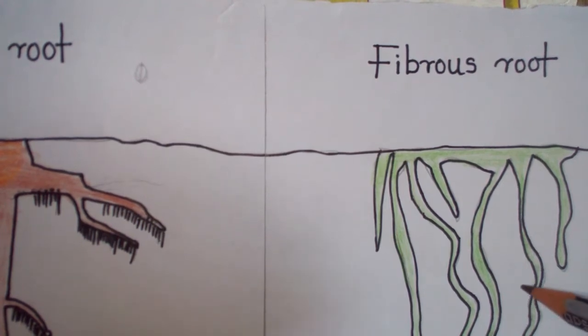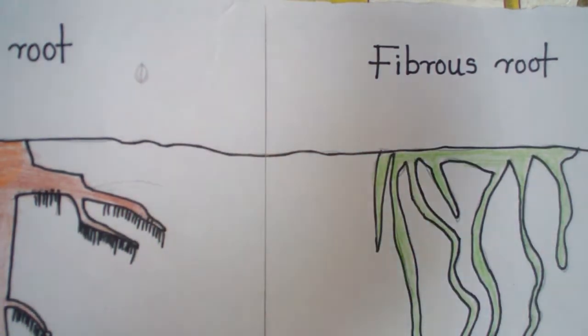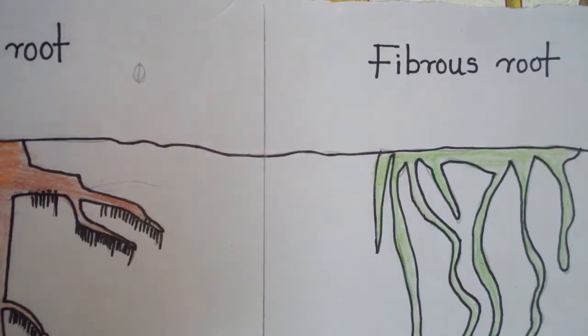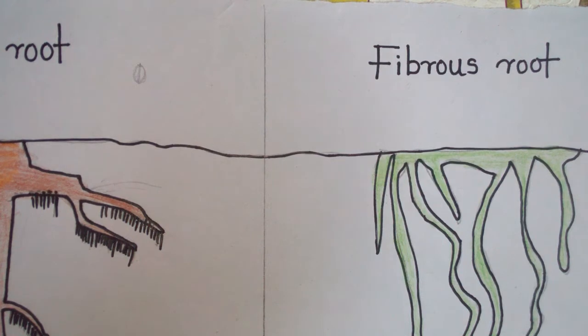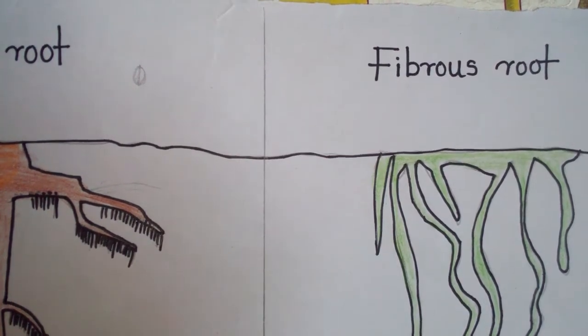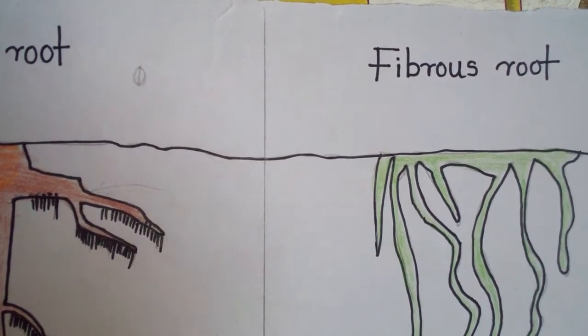Such a type of root we can see in a monocotyledonous plant, which means the seed of that plant cannot be differentiated into two equal parts. Example, maize. The maize seed is there, and we cannot differentiate it into two equal parts. But if you see the groundnut seed, it is easily differentiated into two equal parts. Maize, jawar, bajra are monocotyledonous plants. Understood?